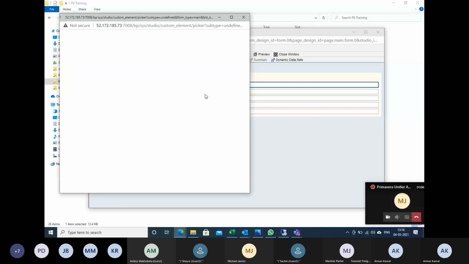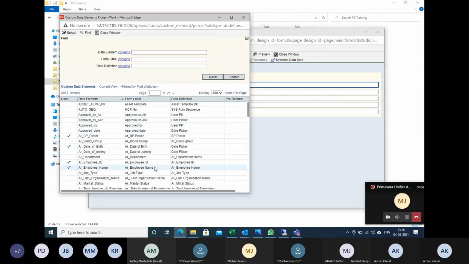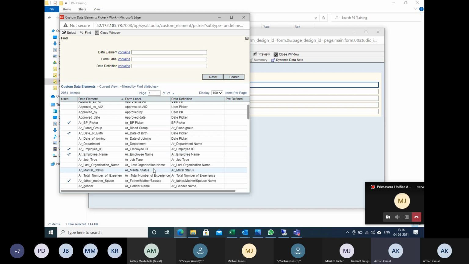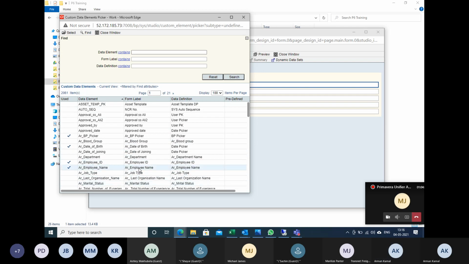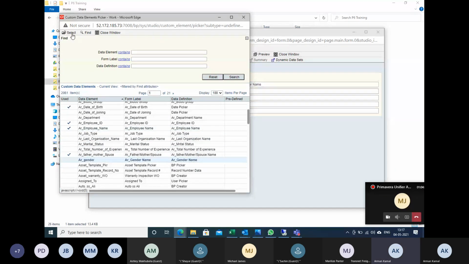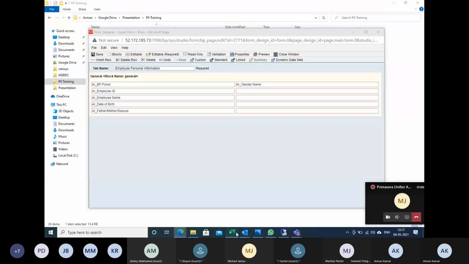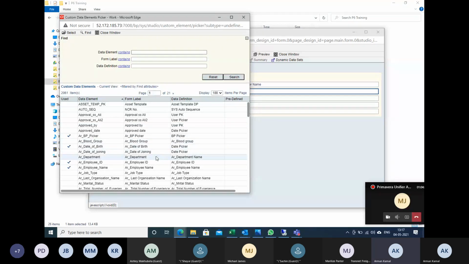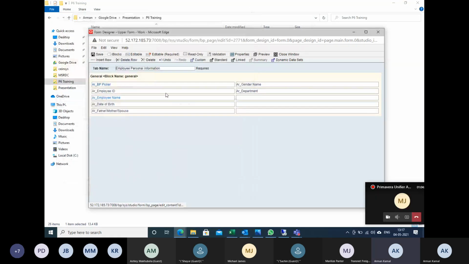Gender, where is that gender? Department. So I am going to select this department.